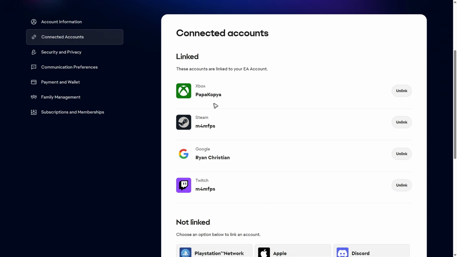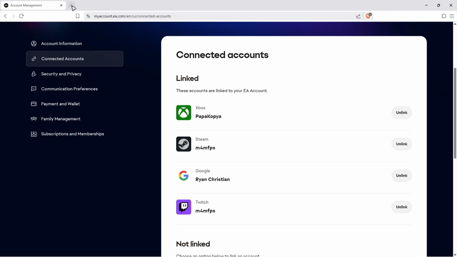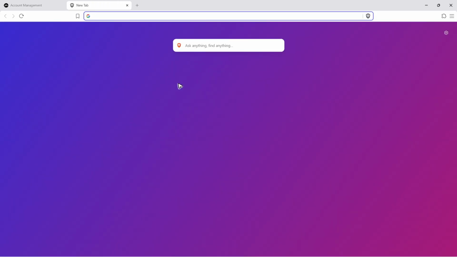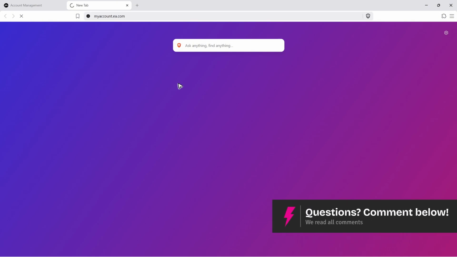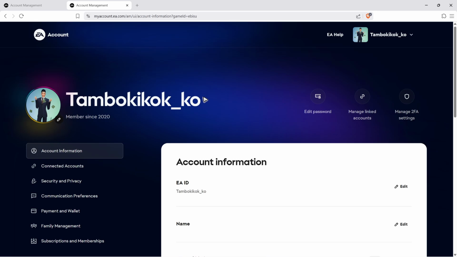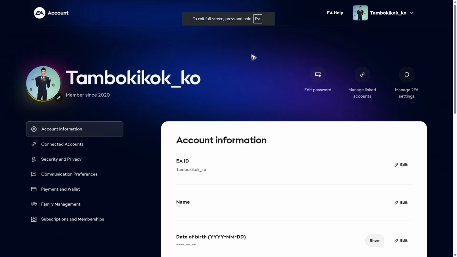So to go ahead and open up your EA account, just go over to your favorite browser. It could be on your mobile device, computer, or console if it supports a web browser. And then just go to myaccount.ea.com and then hit enter. Wait for it to load, and once it loads, if it asks you to log in, go ahead and log in. And then once that's done, go over to connected accounts right here at the left